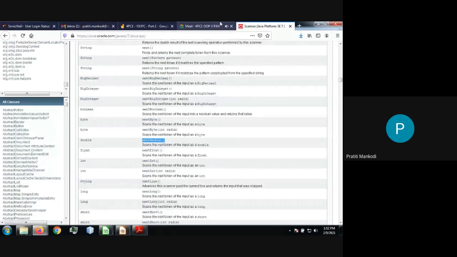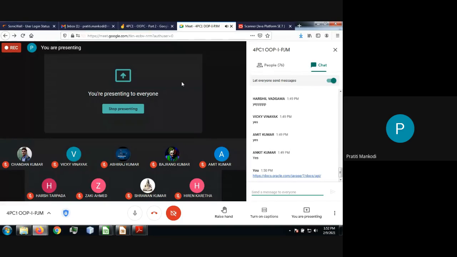Okay? So this is one useful utility provided by Java. Wherever you want to use it, you can use it. Fine. So is it okay? Did anyone know about this Java utility, this Javadocs? Actually, it's a very helpful thing. Whenever we are creating any application, a real-time application, it is very useful.